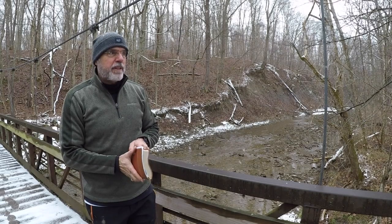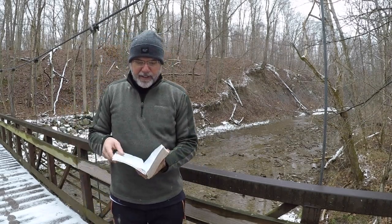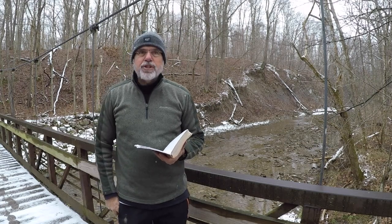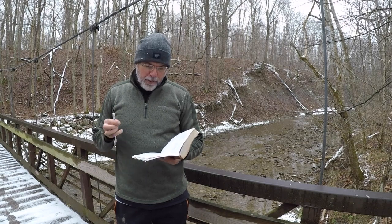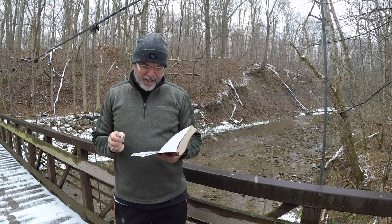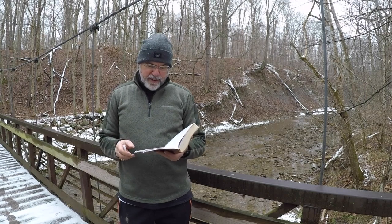Hey guys, hopefully this is coming in and you can see the great view I'm at. I left the campsite too quick. I didn't get my encouragement in, so I wanted to do that right now because I think it's just as important. It's from James. It says this: Blessed is the one who perseveres under trial, because having stood the test, that person will receive the crown of life that the Lord has promised to those